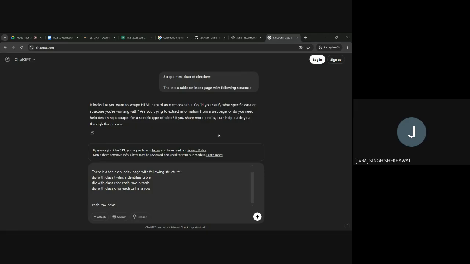Each row has an anchor tag. First row is header,